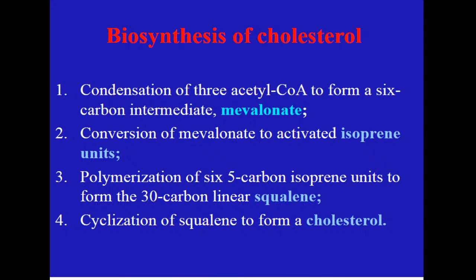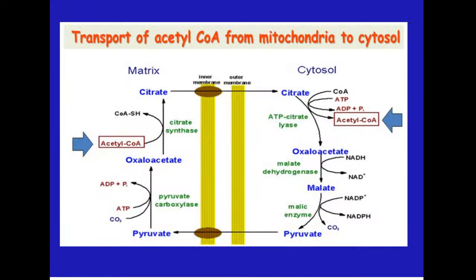So let's go stage by stage to the complete molecule of cholesterol. At first, as we told, synthesis of cholesterol, like synthesis of fatty acids, will be done in cytosol. Acetyl-CoA, which is initial for the synthesis of cholesterol, is produced in mitochondria from glucose or from beta oxidation, anyway, in mitochondria. So there must be a shuttle to transport this acetyl-CoA from the mitochondrial matrix to the cytosol. It's the same shuttle as for synthesis of fatty acids, nothing new.